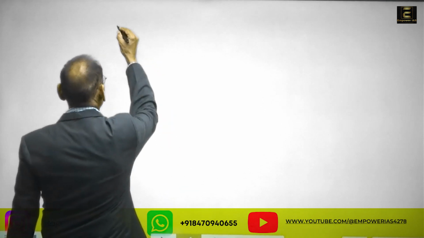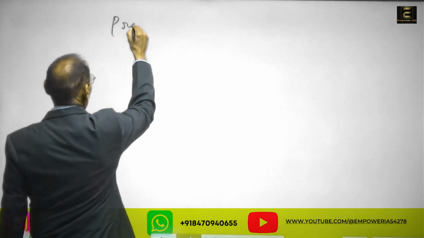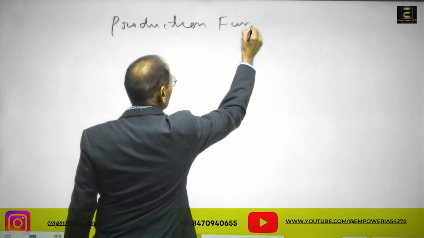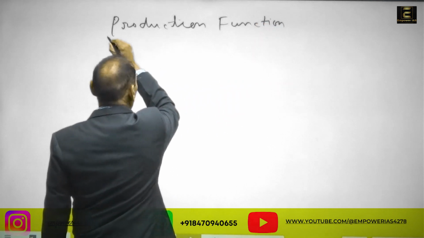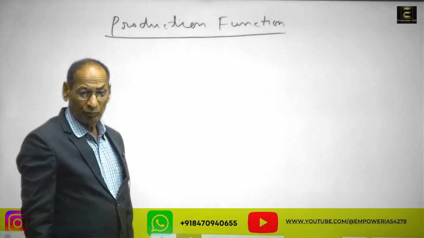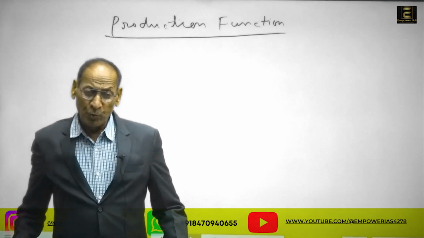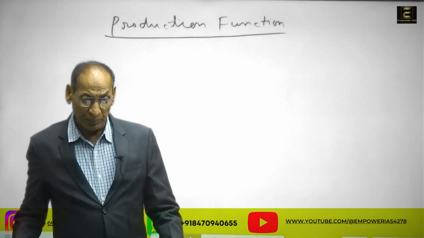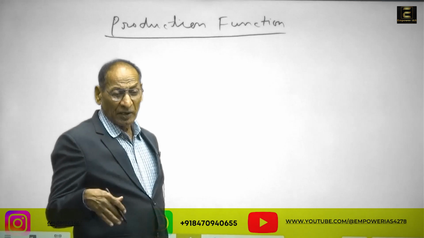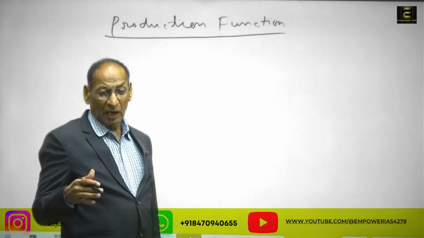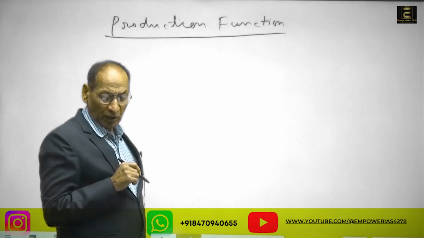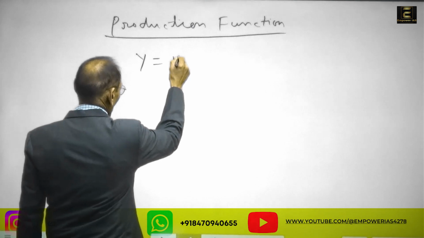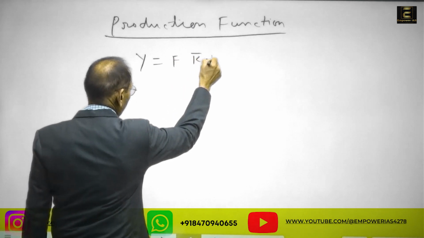Production function. How is the output determined in the economy? That is on the basis of demand and supply, and how demand is derived, how the supply curve is derived. First we see the production function, and this production function is y equal to a function of k bar, n,